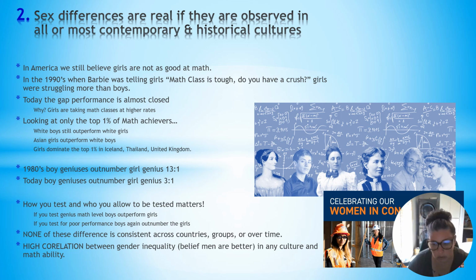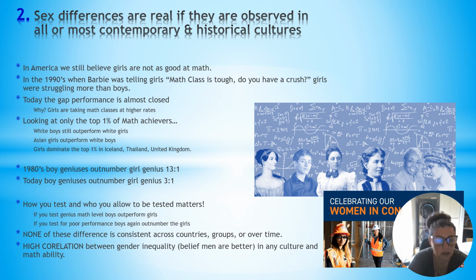What's going on here? Why such a dramatic change? Well, in addition to the priming and socialization of young girls to not be as good at math, we're less likely to identify a girl as having a good math ability or a high achieving math ability or being a genius. So even if a girl has that capability, she's less likely to be tested and identified. Also, girls are simply given less opportunity.